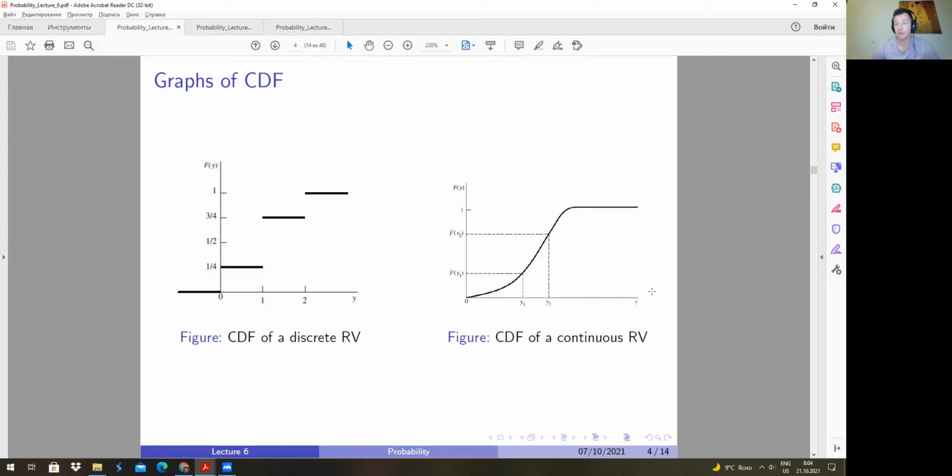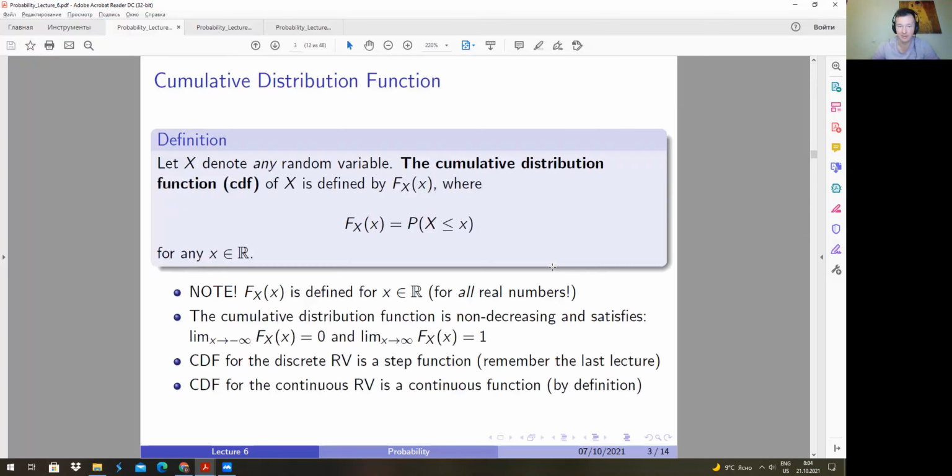This object is going to be used from now on through the whole course of probability, then through the next semester's course of mathematical statistics, and then through the next semester's course of econometrics. We will be using the CDF a lot. So it would be nice for you to understand this object and what it means exactly. Once again, the meaning is very simple: it's the probability that our random variable is going to be less than or equal to